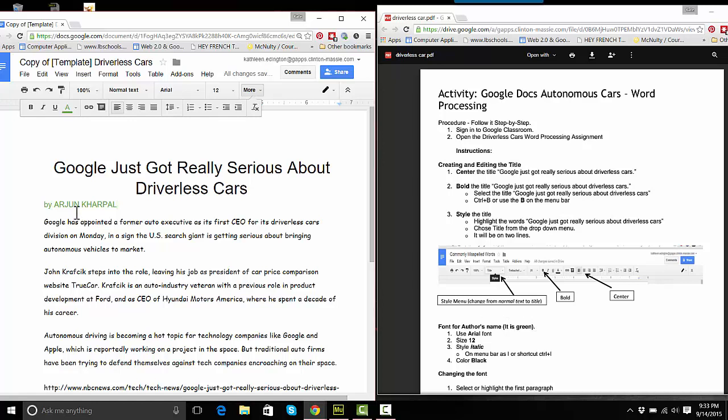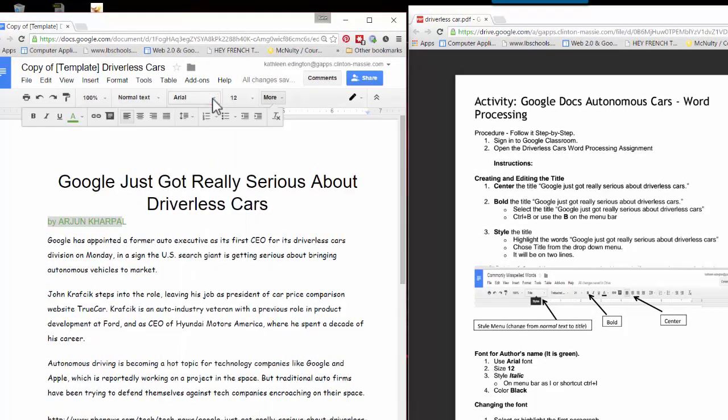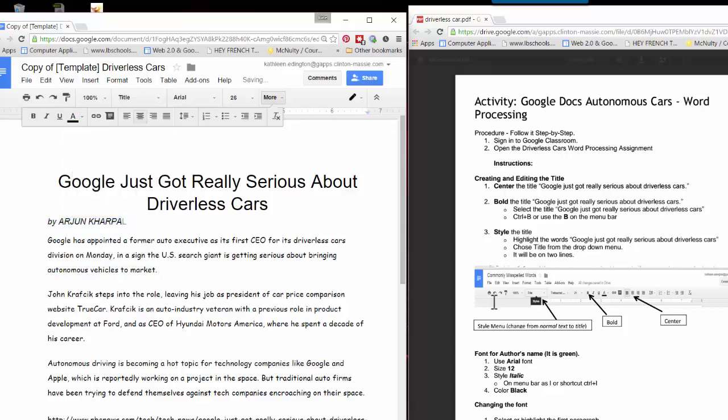Now, down here it says font for author's name. It is green right now. Use Arial font, so I'm going to click that and make it Arial. Oh, it already is Arial. And make it size 12, and it already is size 12. Make it italics, and then make it black. So, where's my black button? My text. Oh, here it is. So then we're just going to make it black. Okay, I got that done. Now I'm going to go on down